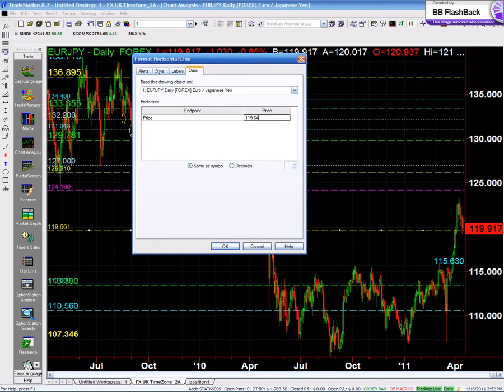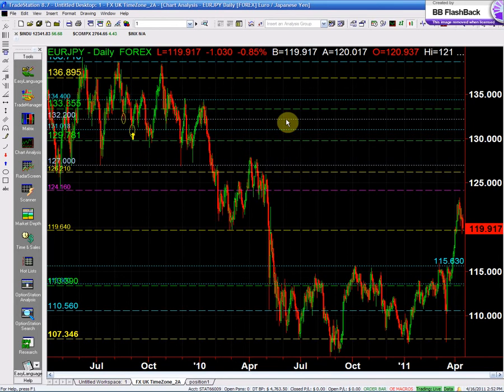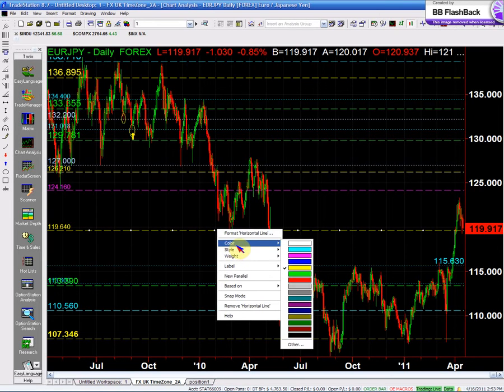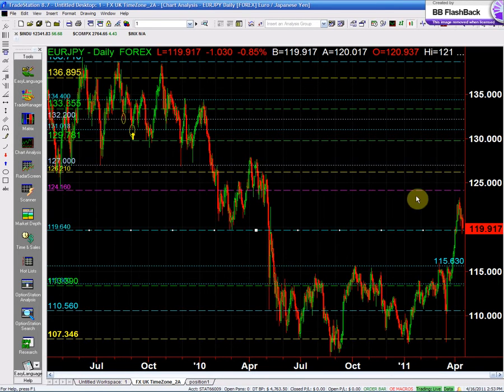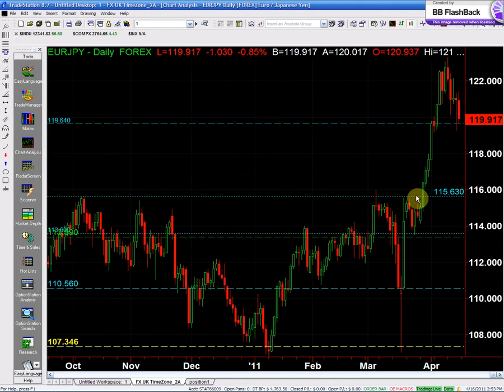You see, when you identify your market condition, guys, it makes your trade plan so easy that you can know exactly what your high probability trade is, so you're not going to waste time on it. Unless it goes below the 119.64, you don't want to mess around with shorting the euro yen. And also, as you can see here, it did break below it on Thursday,